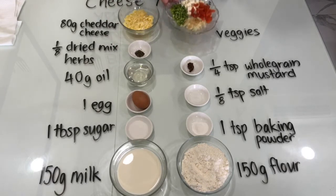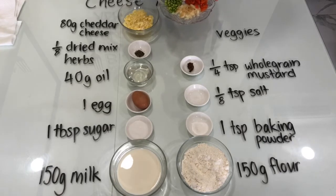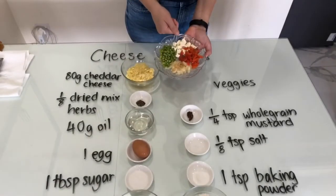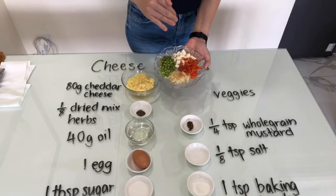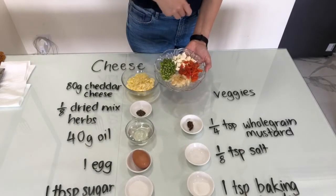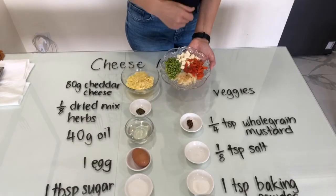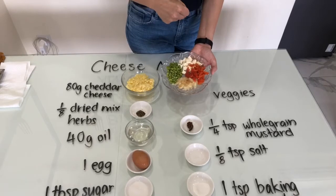Then for my flavorings inside, I have vegetables today. So there's asparagus, white onions and capsicum. This is feta cheese. The vegetables have been lightly cooked. I've sauteed them in a little bit of oil just to soften them up and bring out the sweetness in the vegetables. Other things that go well in this recipe are things like ham, chopped up ham,